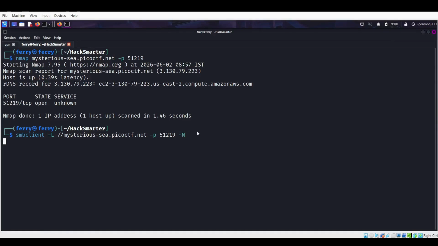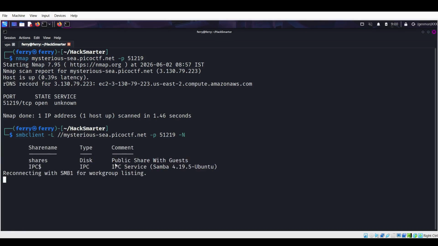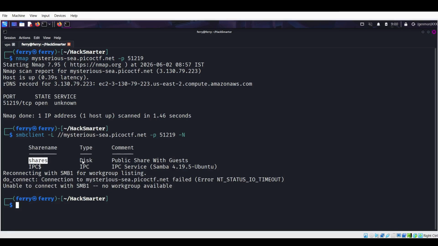Let us try and see if this works for us. I'll just give it a few minutes and you can already see that something's loading up. So you see that shares is a directory in the SMB client, and it says that it's a public share with guest. So I'm assuming as a guest we can try and access this. Let's see if we can do that again. Just give a second. So this does confirm that SMB is running and there is a shares directory we can take a look at